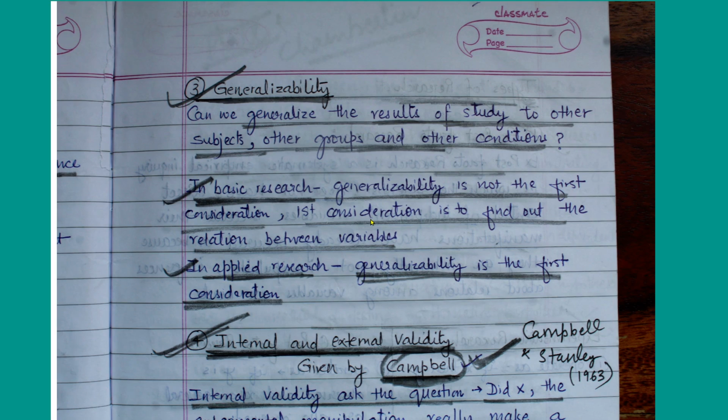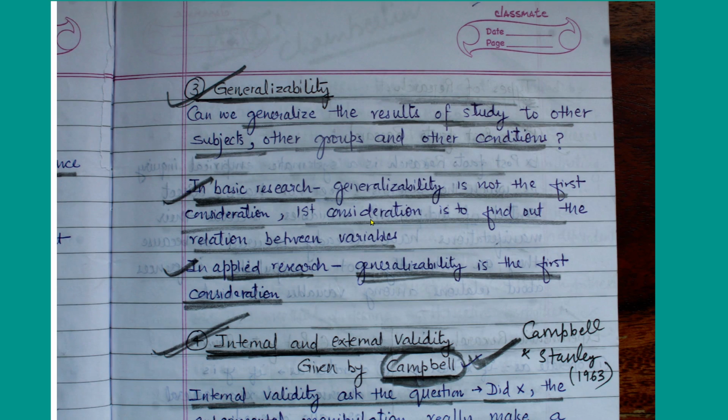For example, the best researches we count are the discovery of gravity or the laws of motion. They are universal. Their generalizability is always there. It is true in India, it is true in the USA, it is true in the whole universe. That's why these are the most important researches of the world, path-breaking researches which have changed the course of history. So in agriculture also, you can do that type of research.